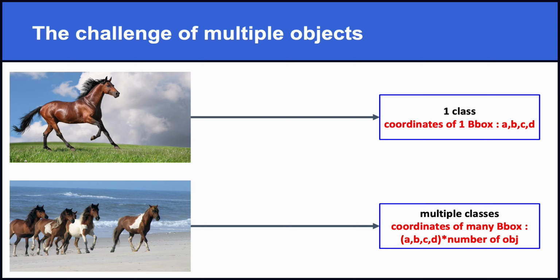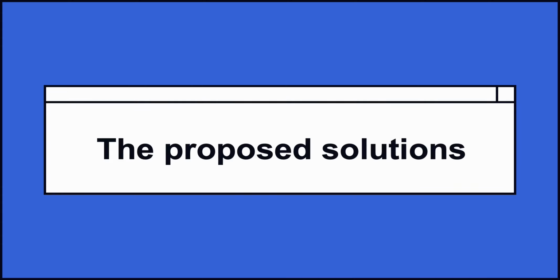However, this information, which is the size of our output, is key information when we build our model, and it can't be variable. The dimension of the output of our model is, as you can see, a big challenge, and it was the core of the research in object detection for a few years now, and we are going to go through a few solutions that were proposed, starting with the first ideas,